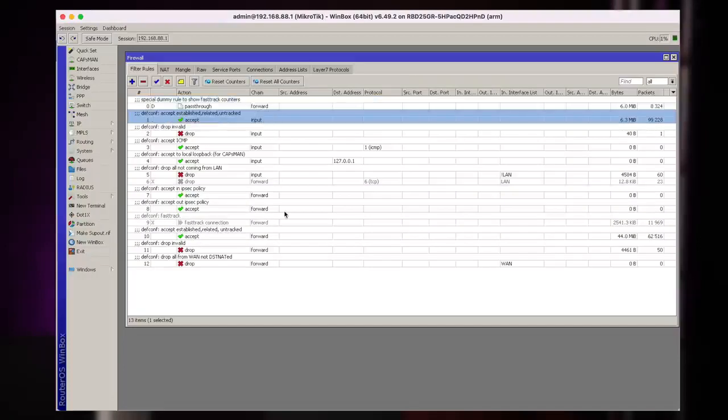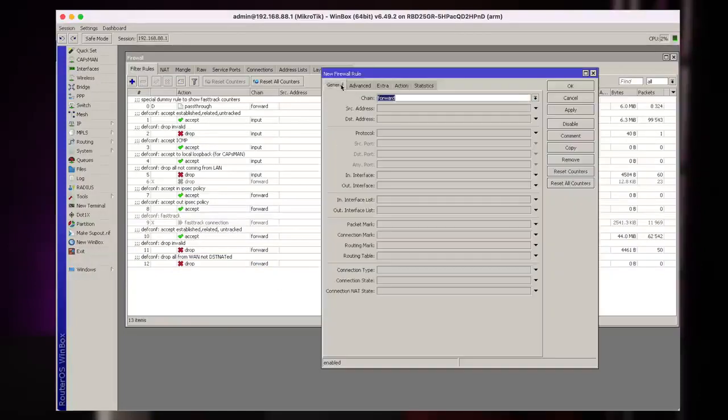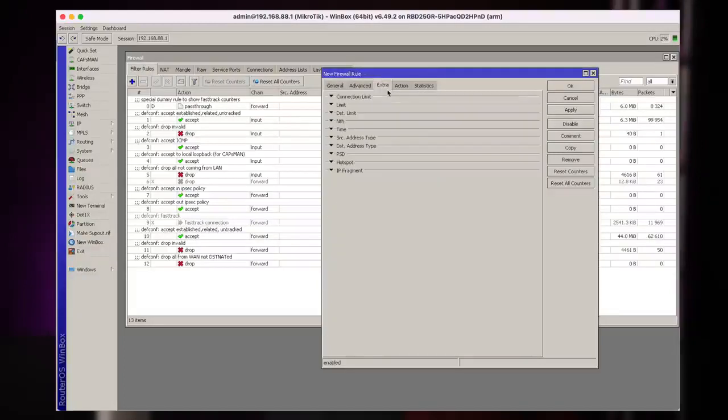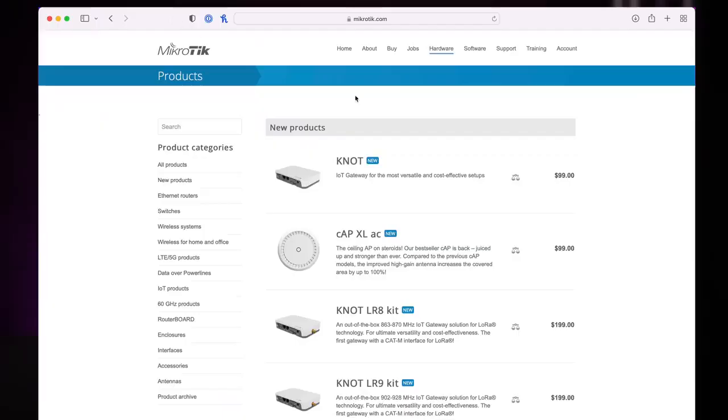And put your rules in the input chain if you're dealing with traffic that is going to the router. So those are the basic things to remember. Of course, there's all kinds of settings in the firewall. The firewall can be intimidating, but if you keep to these basics, you'll be making your firewall in no time. As you can see, there's all kinds of interesting options here in the advanced, in the extra, and in the other sections.